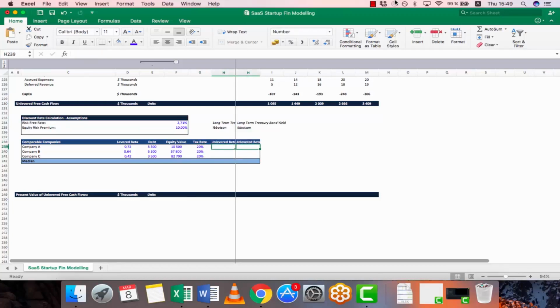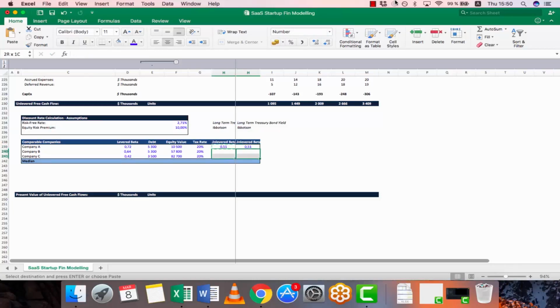So we will be calculating unlevered beta here. We're doing it based on a certain formula. So here we are taking our levered beta divided by 1 plus (1 minus tax rate) multiplied by debt to equity ratio here,